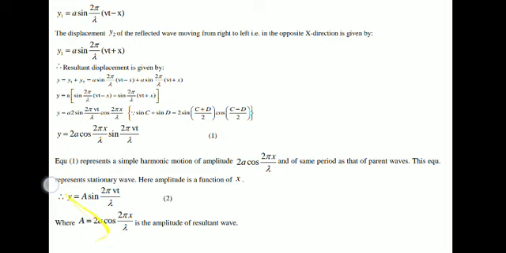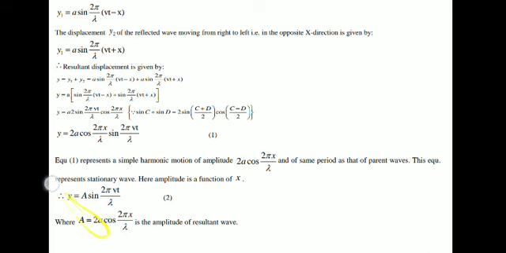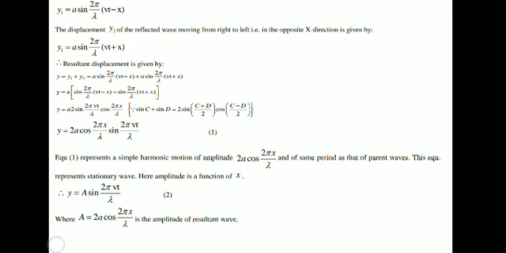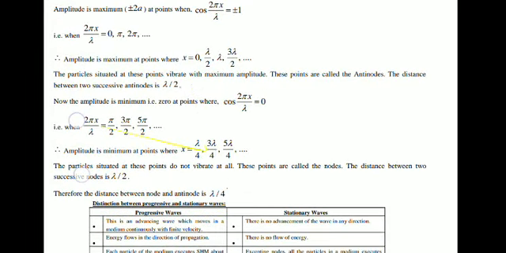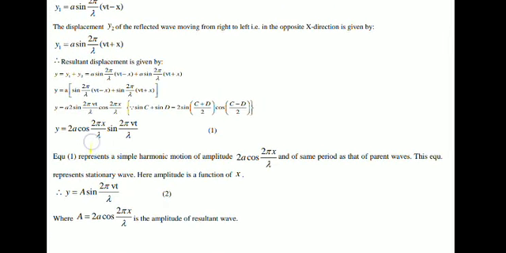So when will it become maximum? When this cosine term will be maximum. Because 2a is a constant, only when this cos of some angle is maximum will this capital A also become maximum. Now what is the maximum possible value for cos? The maximum possible value for cos is plus or minus 1. So either it should be plus 1 or minus 1, right? So the maximum amplitude will be plus minus 2a, because we are putting the value of cos of 2 pi x divided by lambda as plus minus 1. So the resultant value of A will be plus minus 2a.